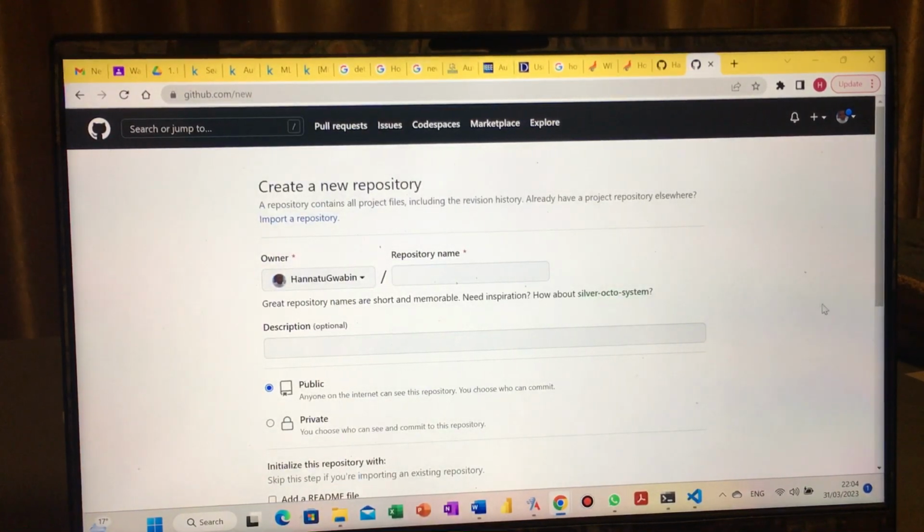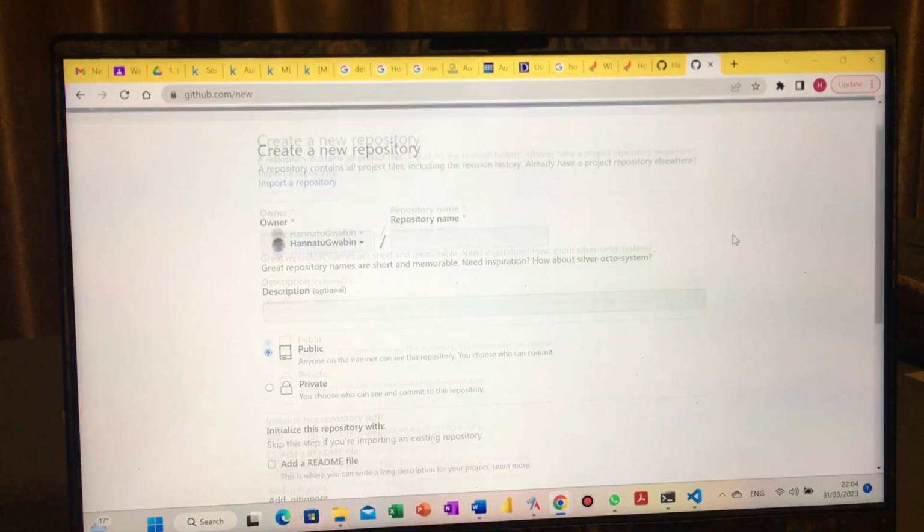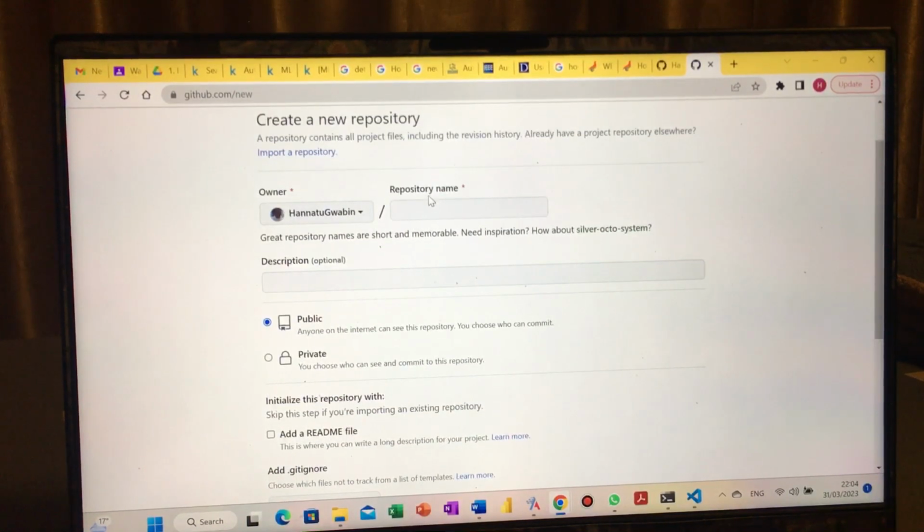Once you click on it, it'll take you to this page where you create a new repository. It contains all your project files, including the revision history. Then we can see a repository name here. That's the title of your project, or the title of the folder, whatever title you want to give it. But we're just using this as an example. So let's say the title of my project is